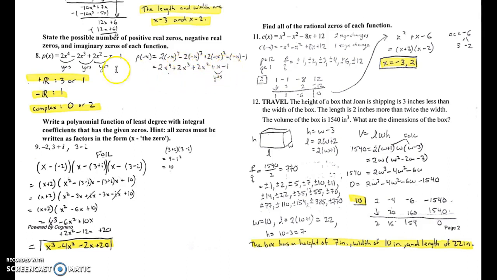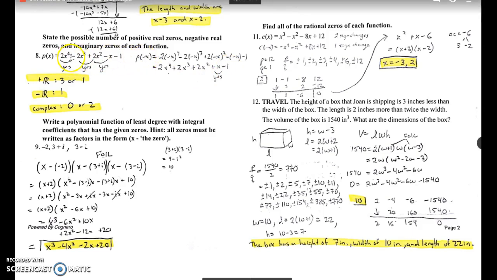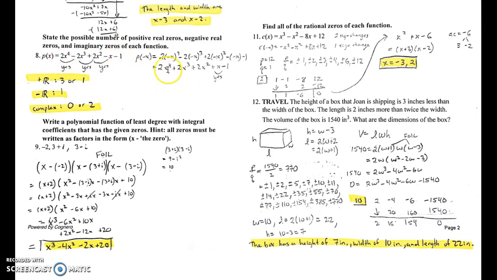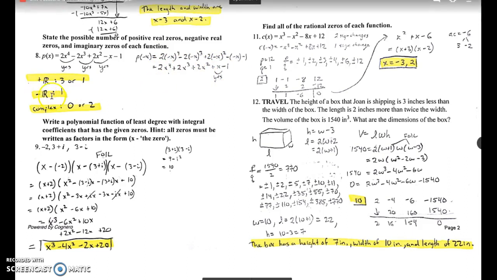The basic concept, anytime you plug in p of negative x, if the power is even, the sign doesn't change. If the power is odd, the sign is going to change. So this stays the same, this changes, this stays the same, this changes, this stays the same. You can see once we write that out that there's only one sign change here, so there's only one negative